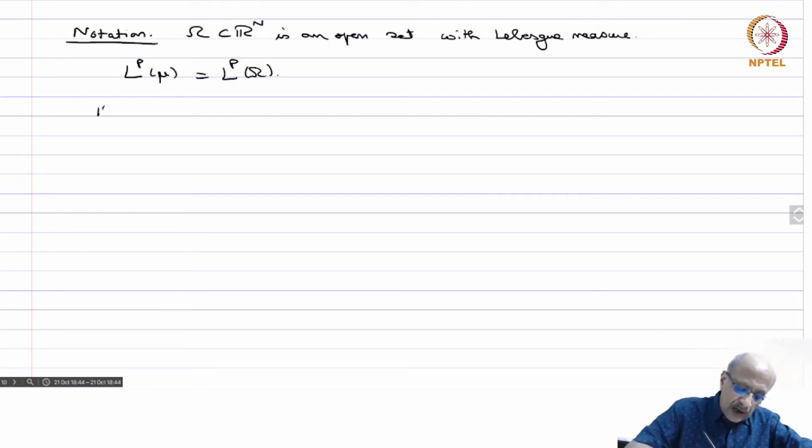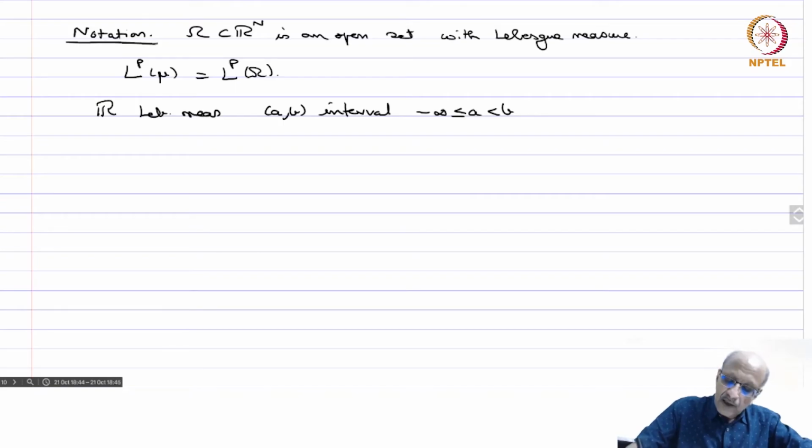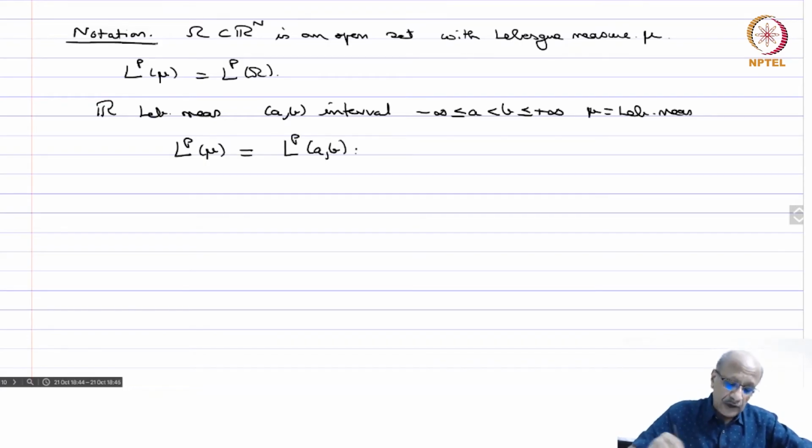Similarly, if you are working with R with Lebesgue measure and you have (a, b) an interval, where minus infinity is less than or equal to a, less than b, less than or equal to plus infinity, it could be infinite intervals also, then Lp of mu, so mu is Lebesgue measure, I will write Lp of (a, b). Okay, so this is just notation, especially when you are dealing with R or Rn. So now let us look at some examples,